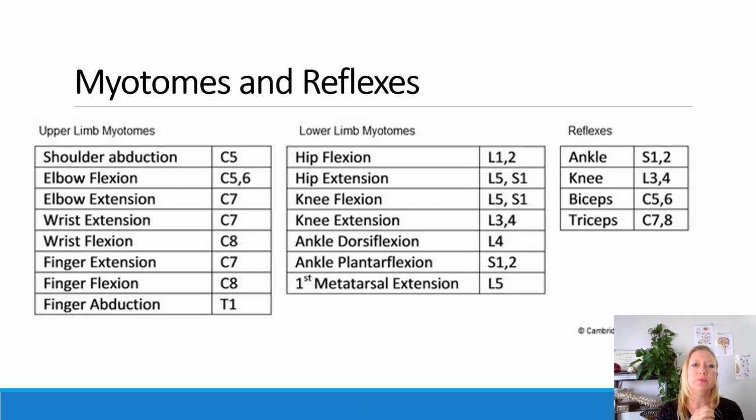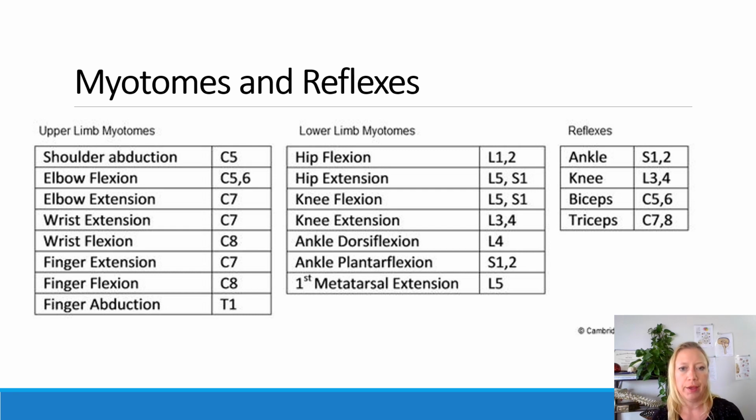Myotomes. Okay, so myotomes and reflexes. Just another chart here, a little bit easier to follow because there's just one. Okay, so C5, C5, C6, C7, C8, C7 finger extensors, finger flexion, C8, finger abduction, squeeze my finger. Okay. And then the lower limbs, hip flexion, L1, L2, hip extension, L5, S1, knee flexion, L5, S1, knee extension,